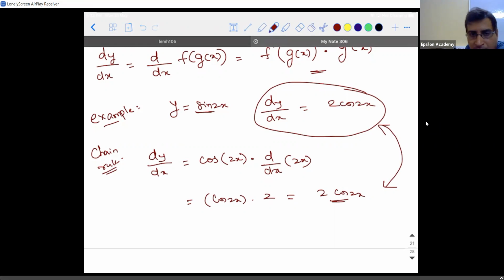In a similar context, what is going to be the derivative of sine 50x? Is it not going to be 50 cos 50x? That's it. Does it make sense? Right. So listen to this. The second exercise that we are going to solve is completely based on this chain rule only. If you're clear with this, we can directly hit the problems. It's a very, very simple thing. Okay, I'm proceeding.